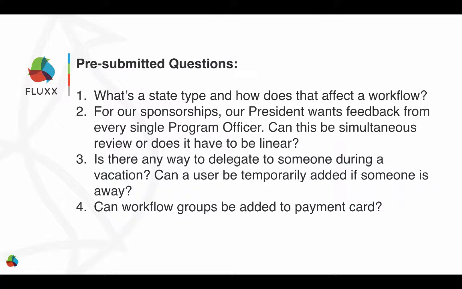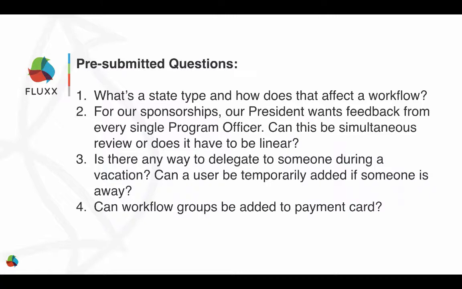It's really meant for your simple filter end users who are going to search for data on a regular basis and want easier access to find what they're looking for, instead of having to remember all of the different workflow states that you might have. So the answer to the question is yes, you can use workflow groups in payment cards, and you can use workflow groups in any of the models that have workflow. That's pretty exciting. We're helping everybody work smarter and not harder by streamlining all the legwork they need to do to display the appropriate records.